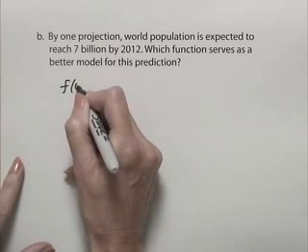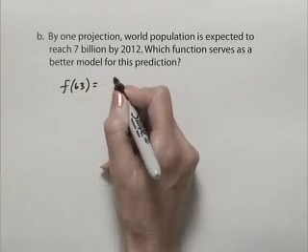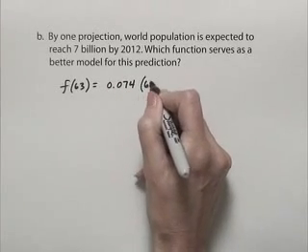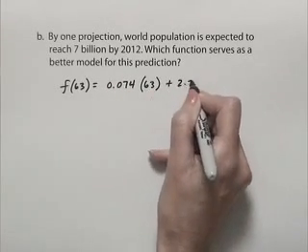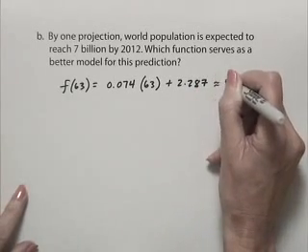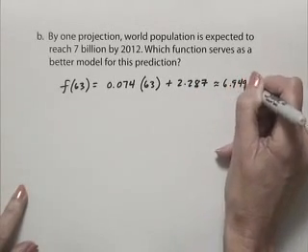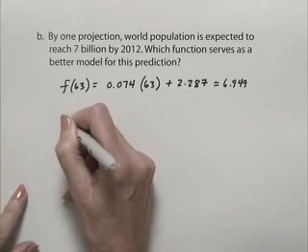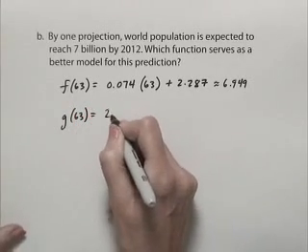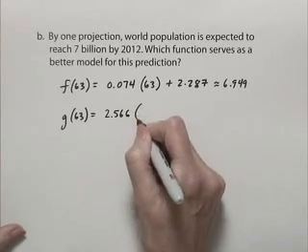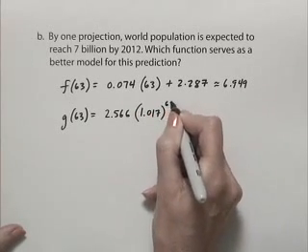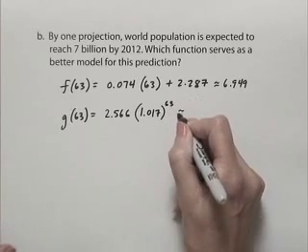So we'll have f of 63, which will be evaluated 0.074 multiplied times 63 plus 2.287, and that is approximately 6.949. And then if we find g of 63, that's going to equal 2.566 multiplied times 1.017 raised to the 63rd power, and that is approximately